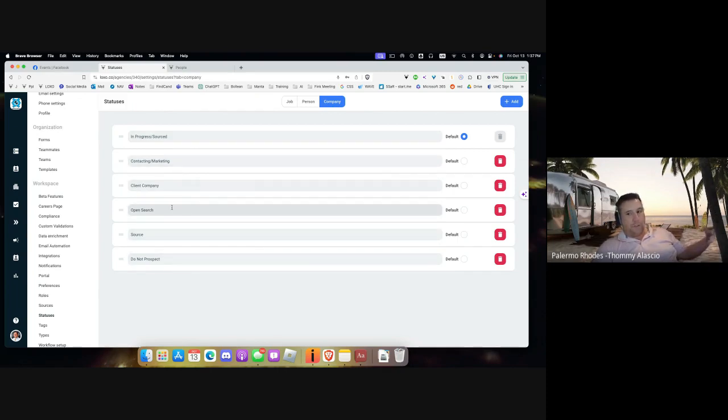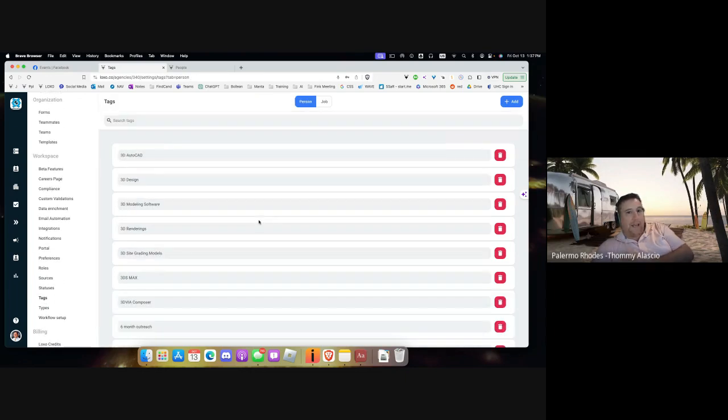figure out if you have an open search with them, if they're a source company, if they're a client company, so other recruiters don't call them. If you're currently trying to contact them or marketing towards them, that's how we have our job flows, our job status set up. And then tags, I went crazy by accident on tags, so I have so many tags,